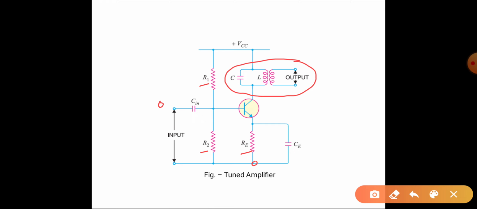So that amplified signal is given to the load.